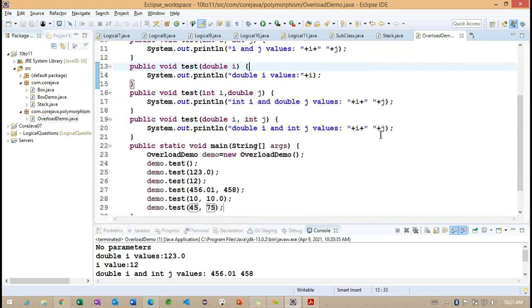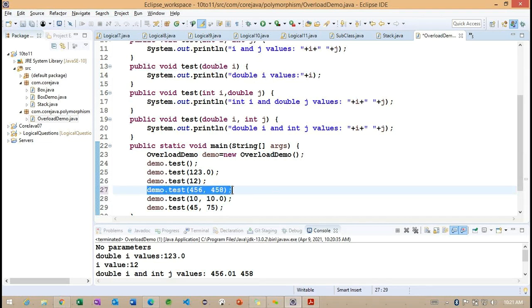Now I want to change the values. Carefully observe: if I change the values, which method is going to execute? Now understand, if I change the value here to 456, we're not going to get any errors, because these values are going to be treated as an int data type.